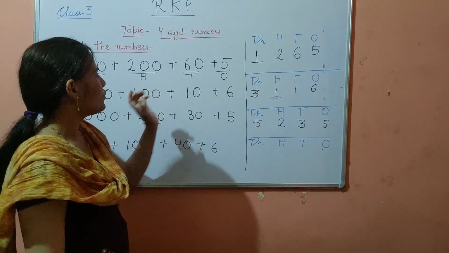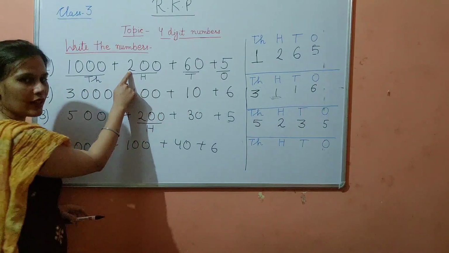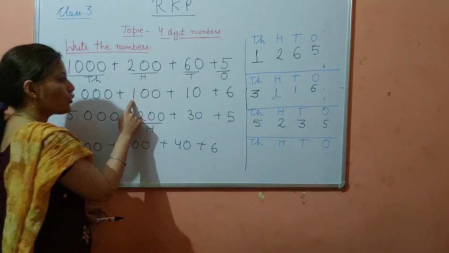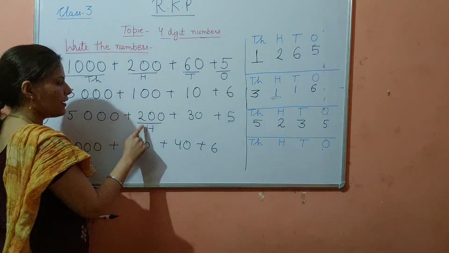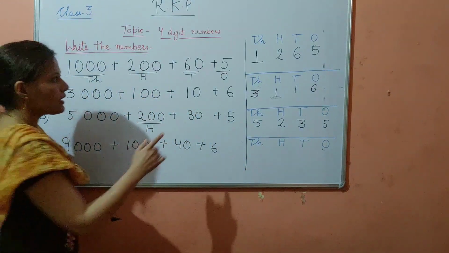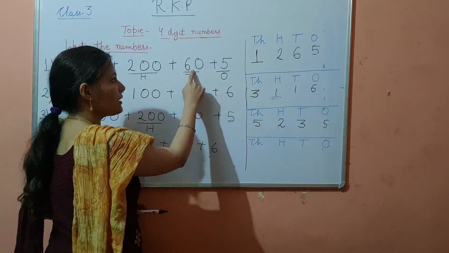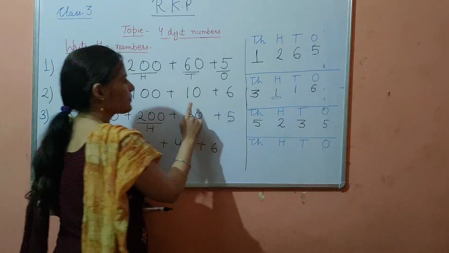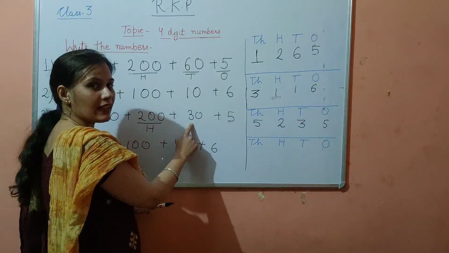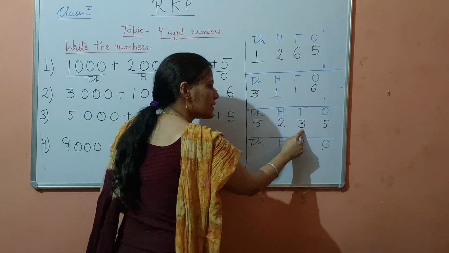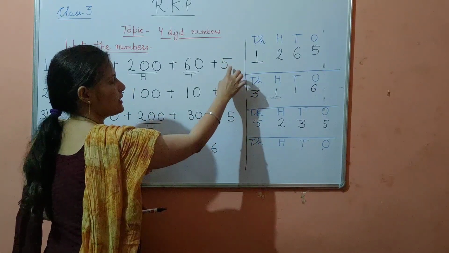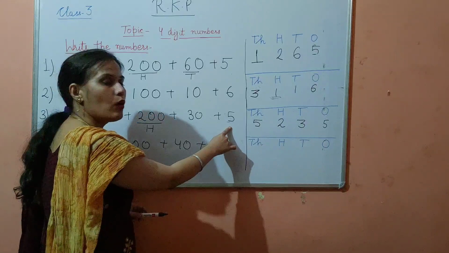In these numbers you should learn what will come on the 100 place. This is the 2 digit, so 2 will come here. There is 1 digit, so 1 comes on 100 place. 2 digit, so 2 will come on the 100 place. Similarly, at tens place 60 means 6 will come on the tens place. Tens means there is 1, so 1 will come on tens place. 30 means 3 will come on the tens place, and these are the one digit numbers. These are the one digit numbers that will come on the ones place.